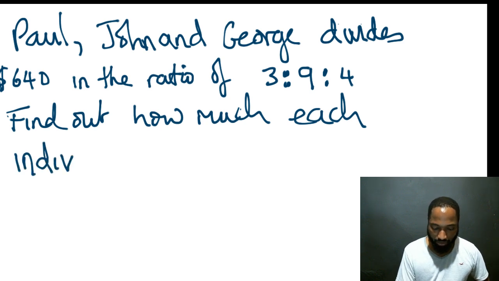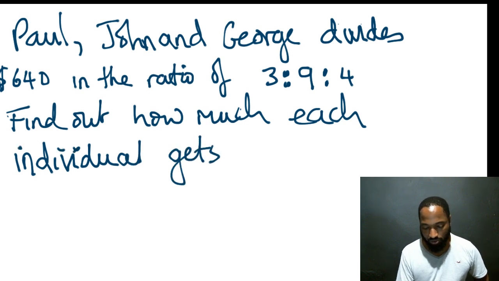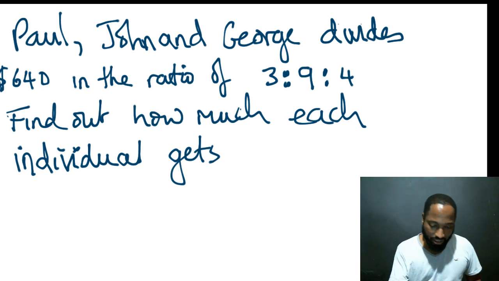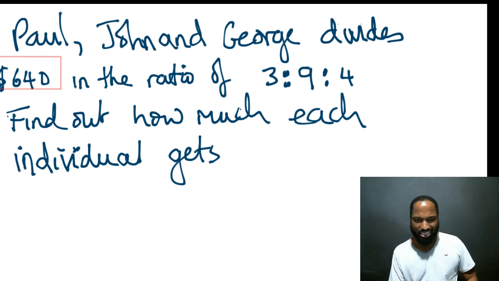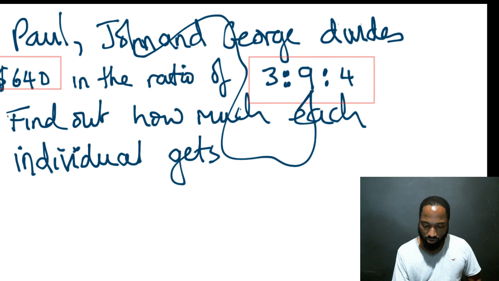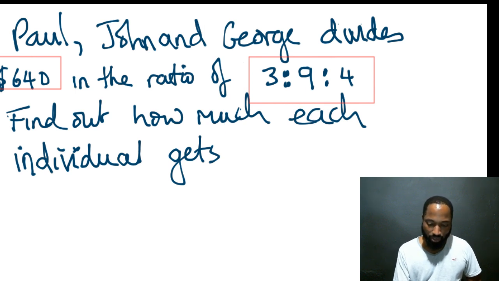So whip out your pen and start to get this down. So Paul, John, and George divide $640. The 640 is kind of off the screen, but you can see the ratio. So how much is Paul getting? Paul is getting 3 out of the ratio. John is getting 2, because remember I told you the order of how their names appear means the order of the ratio. So this is like 3 to 4. Whoa, somebody done the money there. Paul gets 120. Well done.